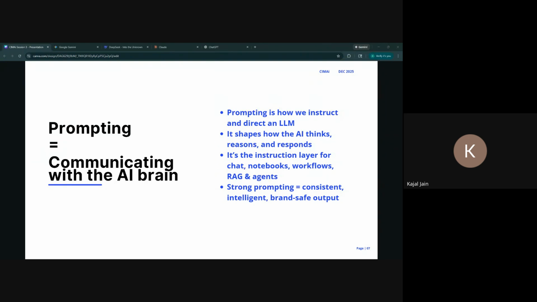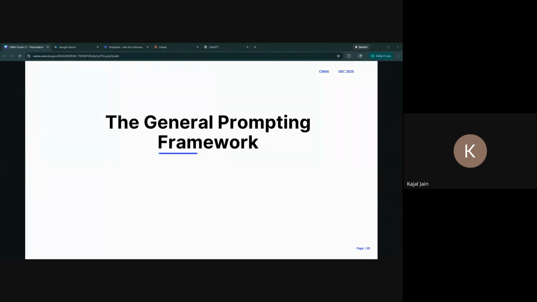Without prompting literacy, you can't really build effective workflows that give you the outputs you are looking for. So prompting is, in short, the way you communicate with the AI brain. And then I really would like to share the framework to prompt correctly so you can get the output that you are looking for.